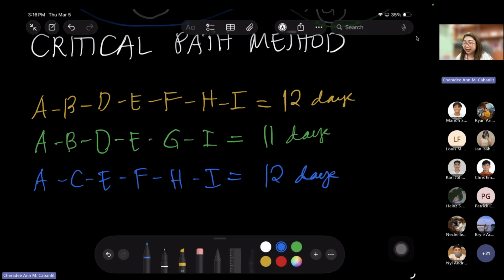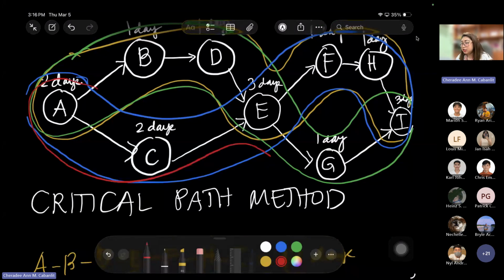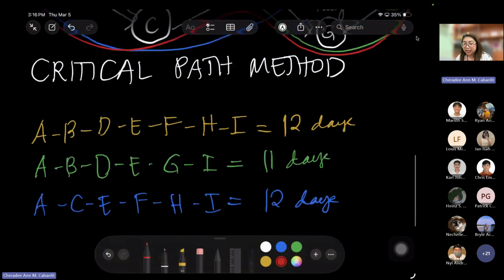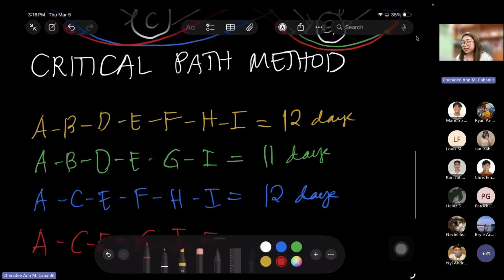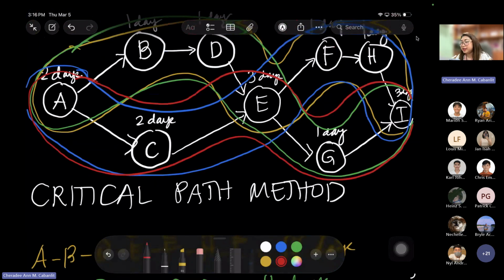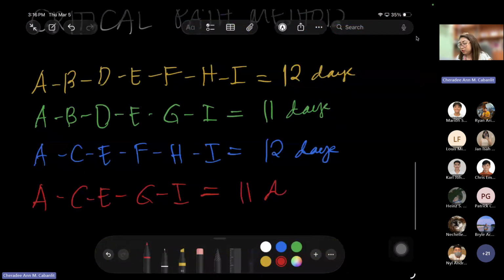And then the last path is A, C, E, G, I, right? That's the next path, A, C, E, G, I. How many days is that? 4, 5, 6, 7, 8, 9, 10, 11 days. Okay, so you have 4 paths.